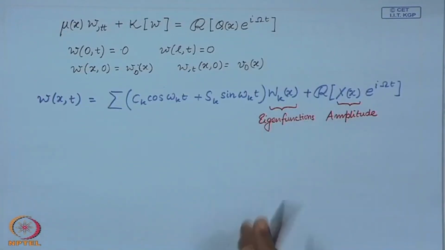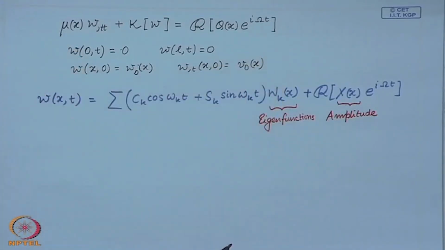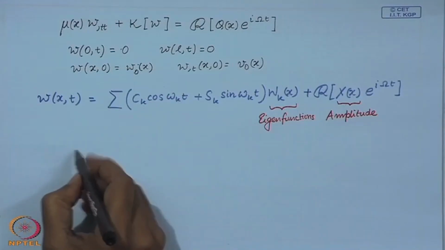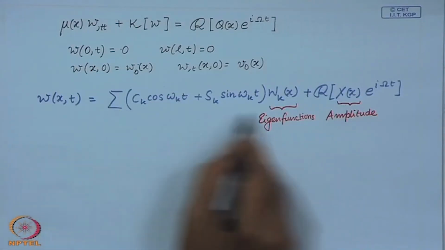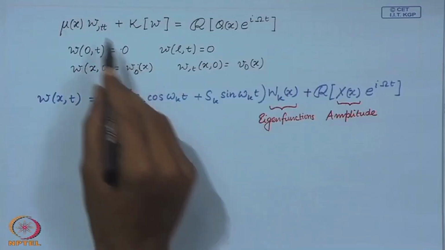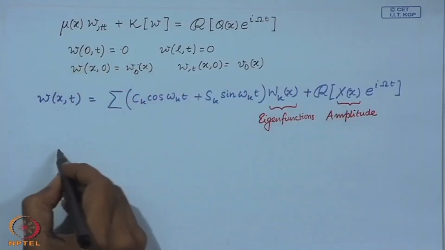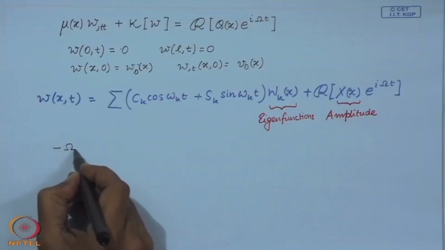So, this is the solution form that we have for a system like this, and when we substitute this solution in the equation of motion, what we obtain is, so this homogeneous solution actually goes to 0 once we substitute in here. The contribution from the particular solution can be written upon simplification,